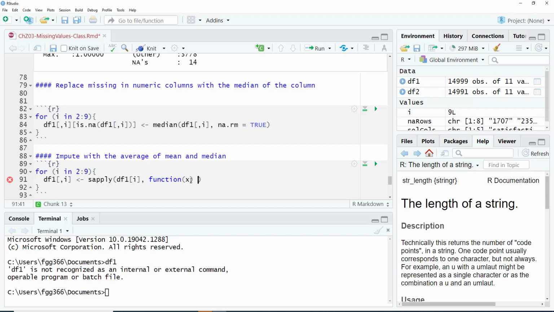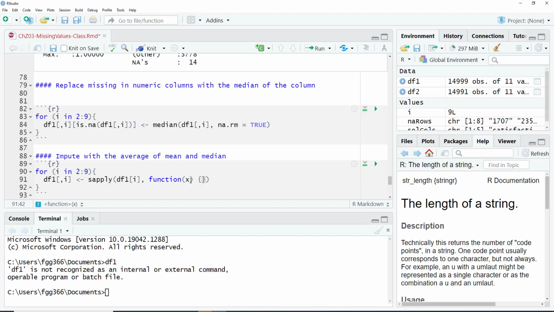And the function is, put the function within here. So now x is going to be the column, and sapply will take each element of x and perform the code that we're going to put there.